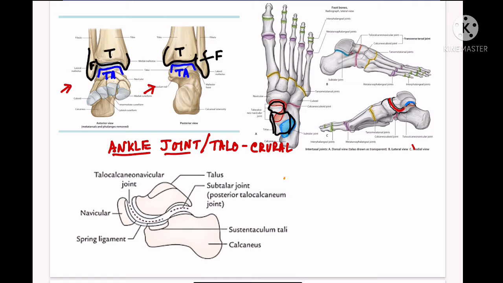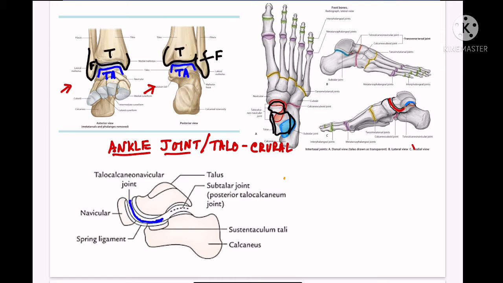Next, it also forms two more joints apart from the ankle joint. One is the talocalcaneonavicular joint, one is the subtalar joint. In order to understand these joints, we have to see the diagram from the side. From the side view, we can see the talocalcaneonavicular joint,